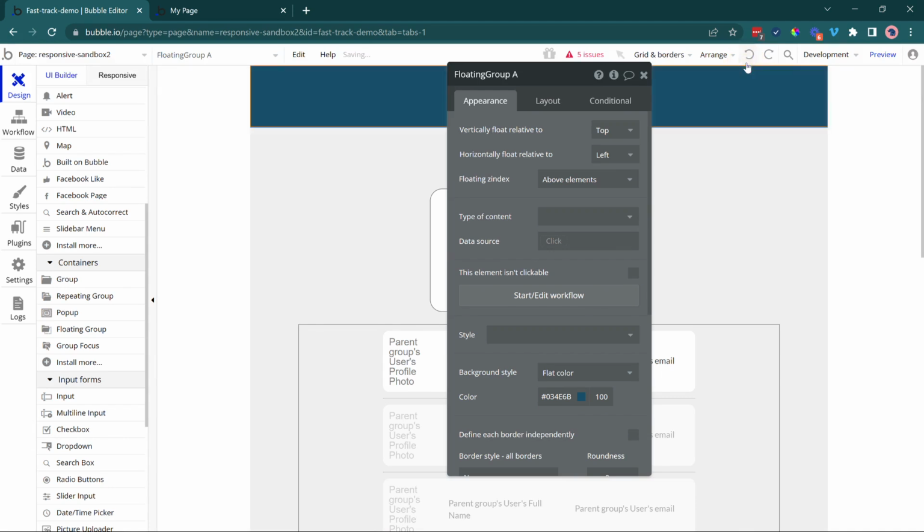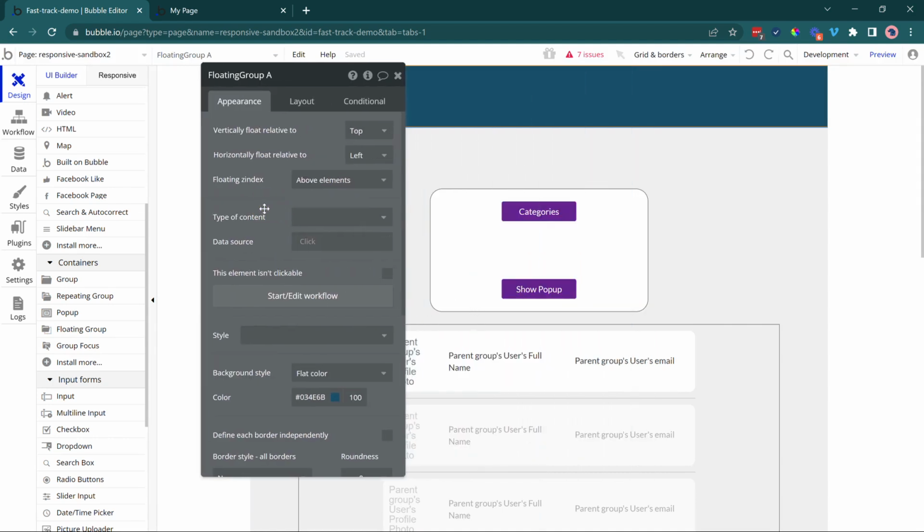I'm going to bring this back to where it was. All right, and our final container is the group focus. The group focus is actually quite similar to a pop-up. It doesn't take over the entire screen with the blur out of the background, but it is an element that is hidden by default and has to be shown in a workflow, and it also kind of floats above the rest of